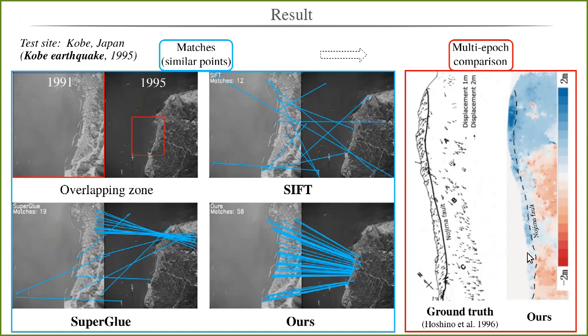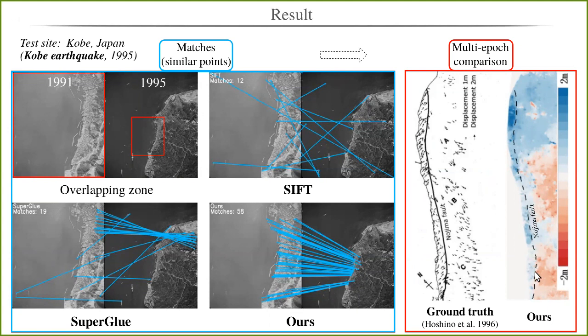According to the ground truth, there is a fault here caused by the earthquake, and the displacement is indicated as small arrows. On the left side of the fault, the arrows are upward, and on the right side of the fault, they are downward. In ours, the fault is indicated as a dashed line here,